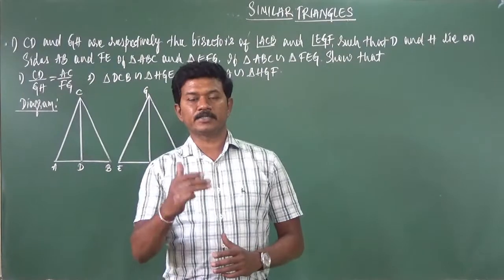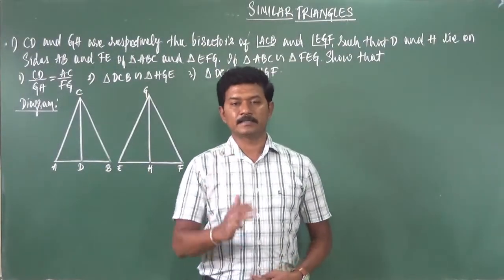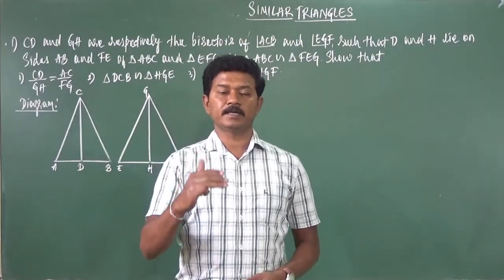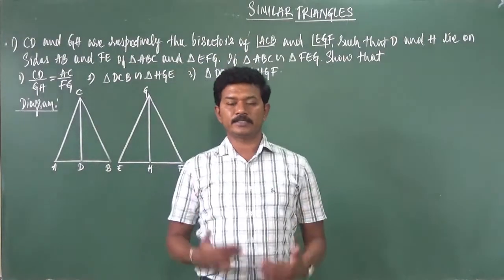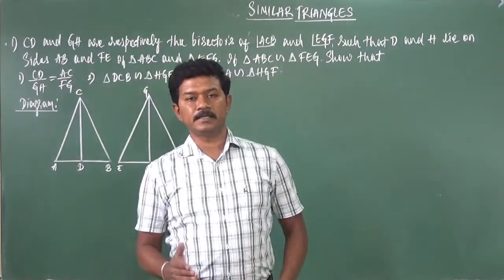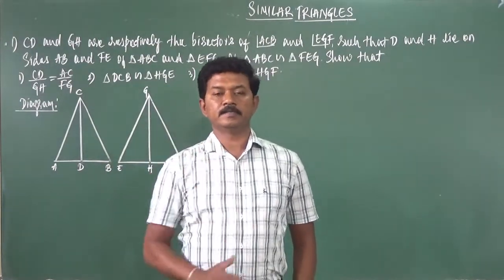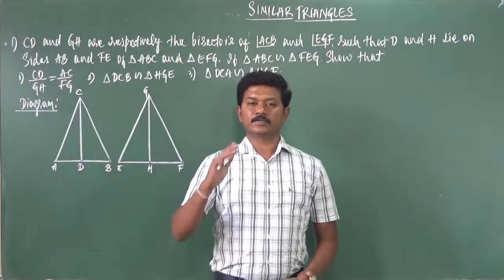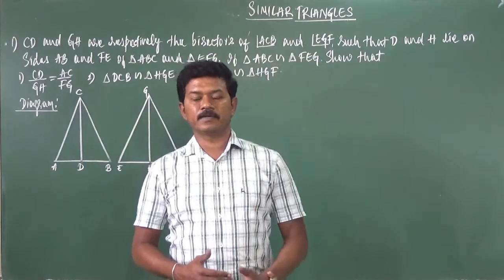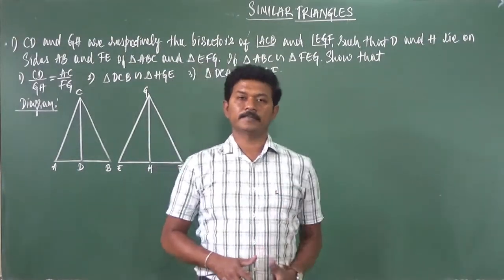In the previous session of mathematics class regarding similar triangles, we had covered riders and numericals involved on AA similarity criterion. So in this session we will be going with how to apply SAS similarity criterion and SSS similarity criterion for similarity of triangles, right? So here also in this session we will be going with some 4 riders which are very important, directly taken from your NCERT textbook, right?